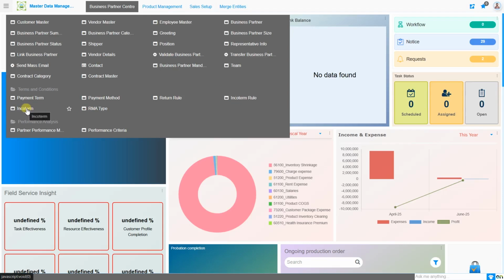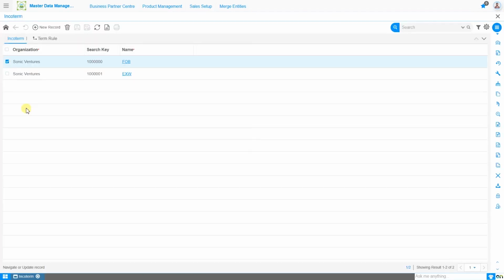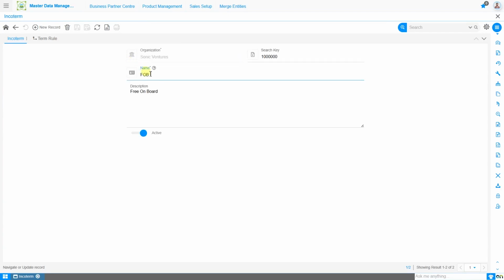First, let us look at the Incoterm screen. Click on Incoterm, and the system will present you with this view. This is our grid view, offering an overall picture of the information stored in this screen. For example, here we can see the code and the name of each Incoterm created in the system. If you go into the detail view, you can see the description. Also, if you need to deactivate or discontinue any Incoterms in the future due to business process changes or organizational decisions, you can simply click on the Active button to make it inactive and then save it. This specific Incoterm will then no longer be available for future